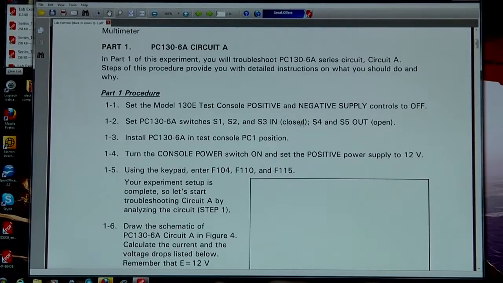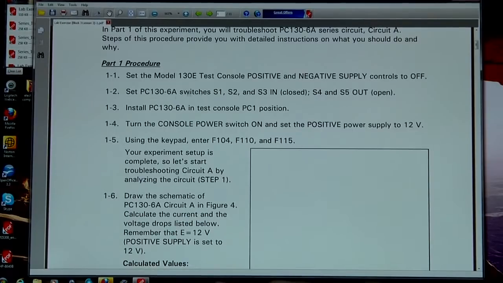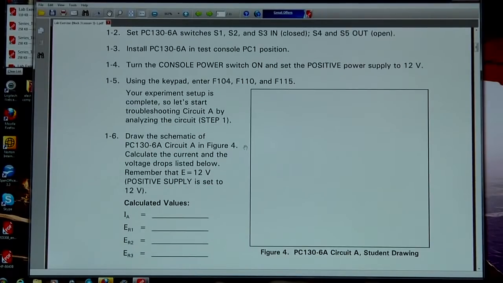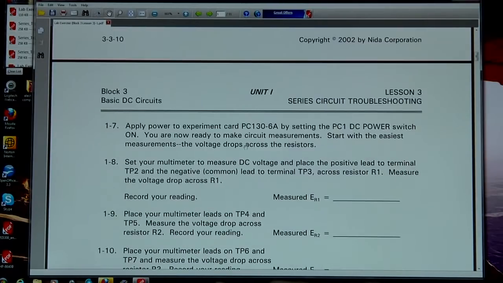And again, as I was saying, it tells you exactly what you need to do here. Set the switches on the board. Also how to enter in the fault itself. So in this case, we're entering 3 faults, F104, F110, and F115. That's fault 4, fault 10, and fault 15 for that 6A card. The F110 is the only one that deals with the circuit A. I think you'll see that it's pretty easy, which we'll demonstrate